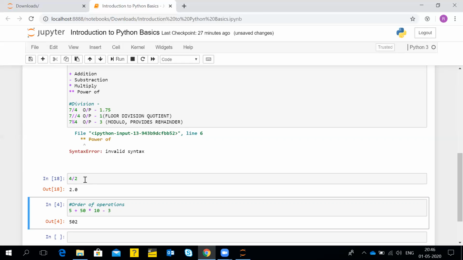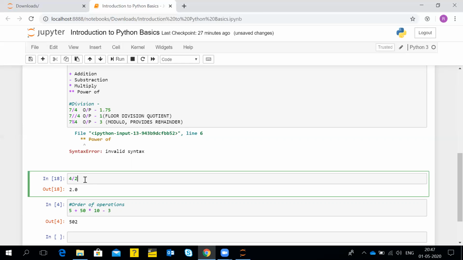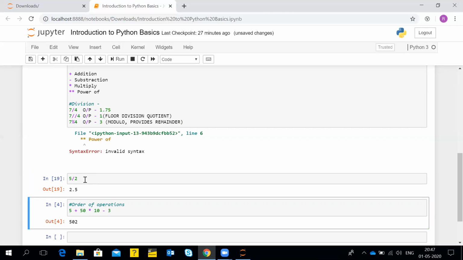So the slash operator will give me a definite value. I will show you with an example: suppose I write 5/2, it will give me 2.5. So the slash operator gives me the exact value with the floating output.